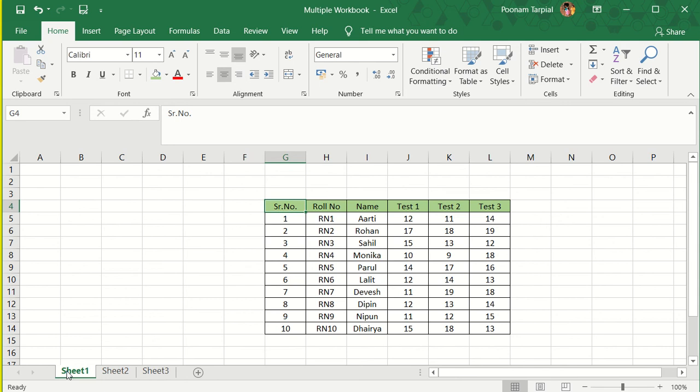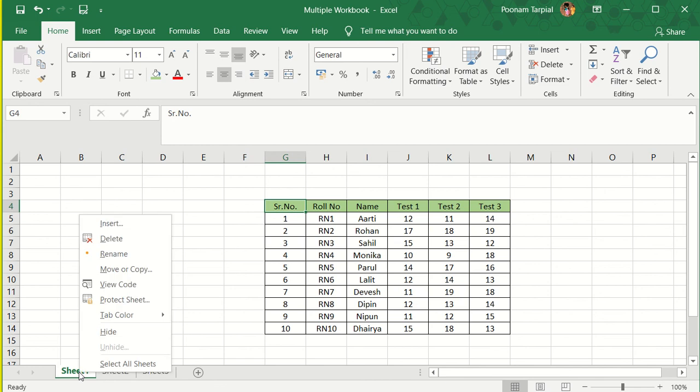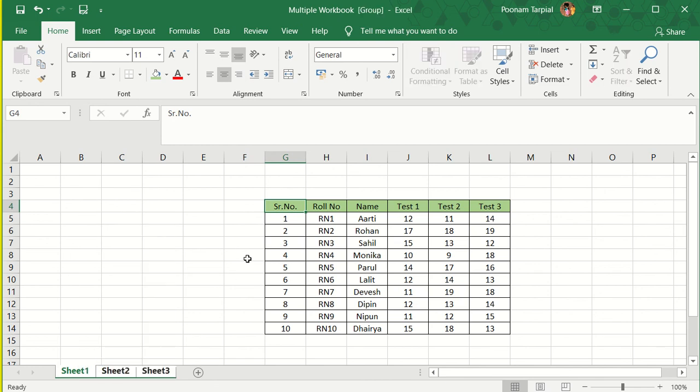Now I will be doing another thing right now in front of you, and you will see that I will be performing only in one specific worksheet and it will be replicated. So as of now, what I have done is, I only changed the color. But if you want to change the font style as well, that can also work. So what you have to do is, let's say that I have selected this specific cell, but before I go ahead and do that, I have to group my sheets. So I will go over here, I will click on select all, and then I'm going to select my cells now. So I've selected this entire table as of now.